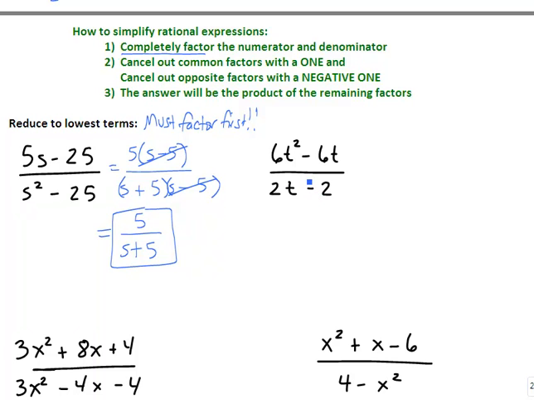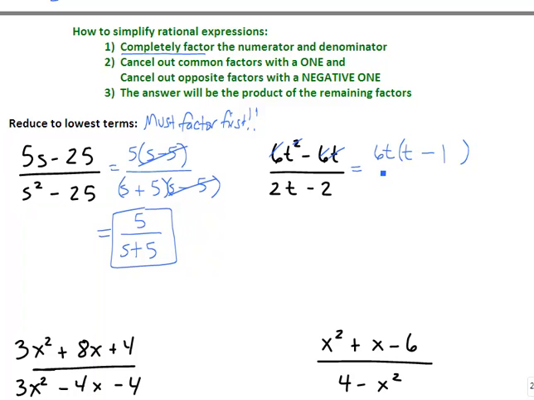Before you do any canceling at all, always factor. So looking at the top, what could I factor out of the top? They both have 6's and they both have t's. So my GCF is 6t. If I factor that out, this 6 is gone, one of these t's is gone, so 1t is left. From this term, the 6 is gone, the t is gone, so all I have left is a minus 1